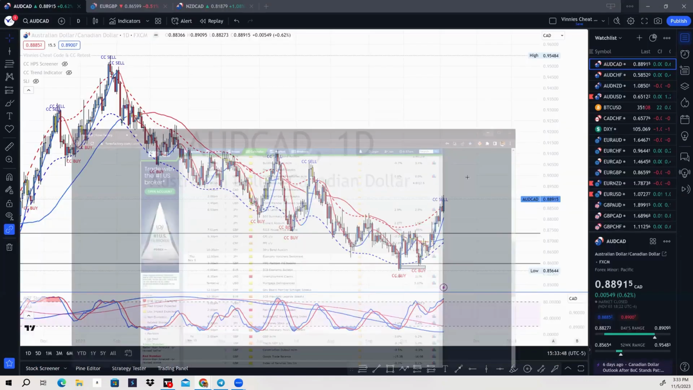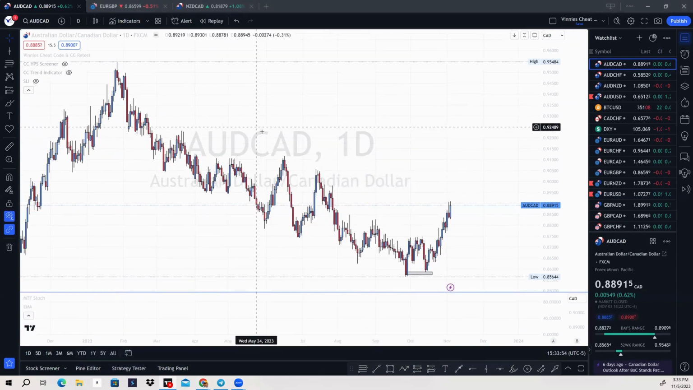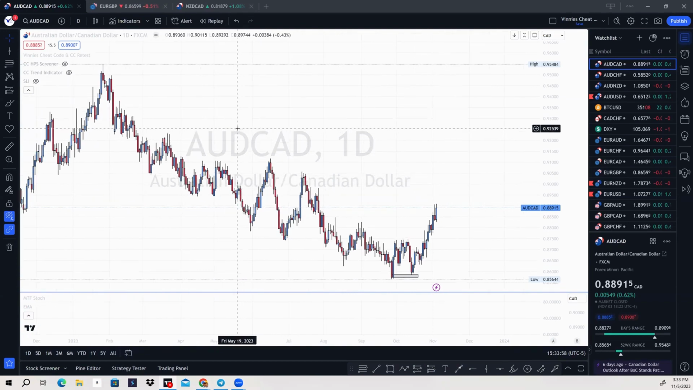The first pair we're going to take a look at is going to be AUD CAD. AUD CAD is a pair that I normally don't trade, but it's making some awesome moves. Okay, we can see that price overall trend was in a bearish condition. Right now, the current trend is bullish. Okay, the current trend is bullish. So with the cheat code system,